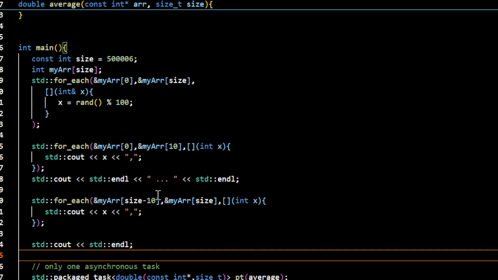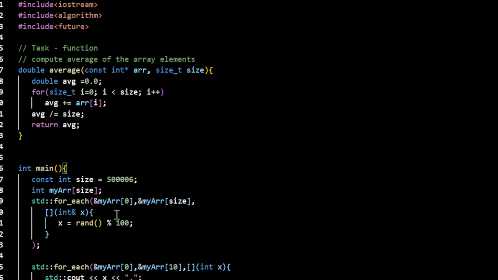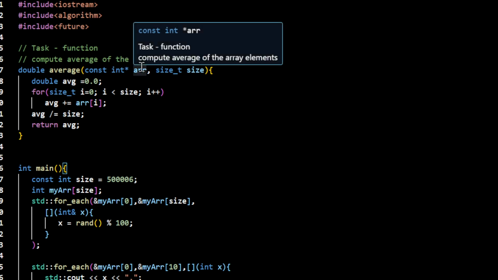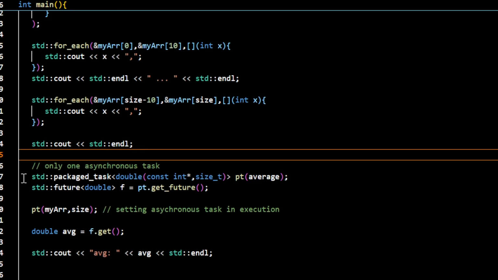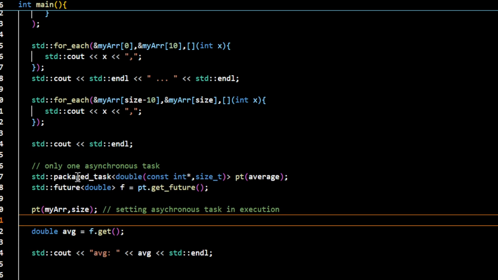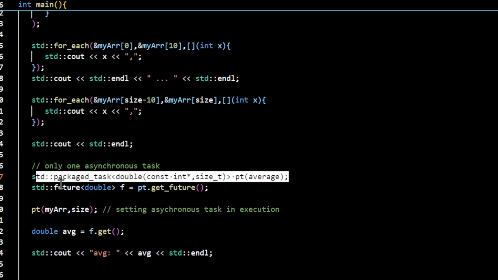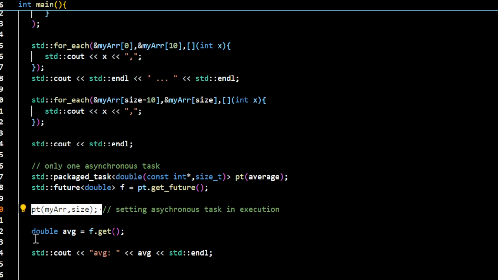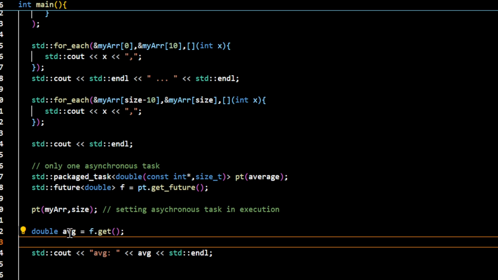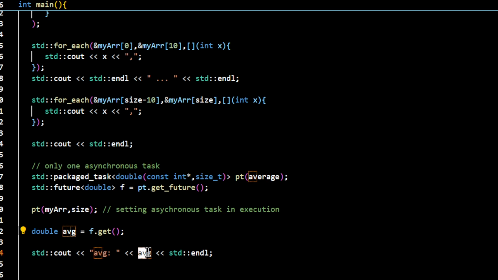Now if I want to perform the same thing by using 4 packaged_task executions for the sub arrays, each 1/4 of the size, first 1/4, second 1/4, third 1/4, and fourth 1/4. For that, just look into this code structure. You need to have 4 packaged_task objects, you need to have 4 future objects, you need to have 4 invocations, and you need to have 4 individual averages to be received, and you need to use those 4 received average values to compute the average of the entire